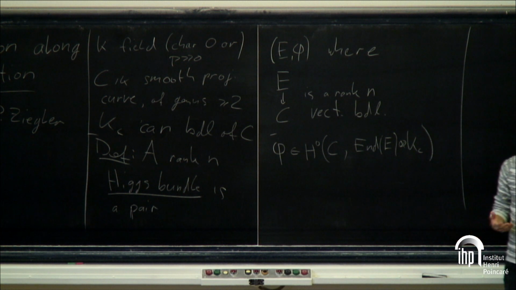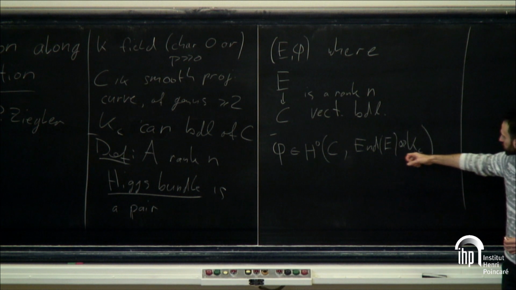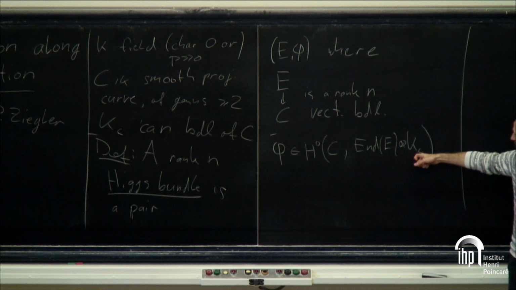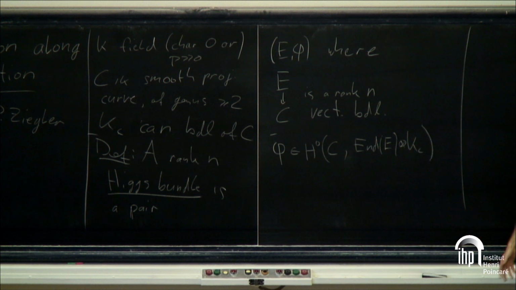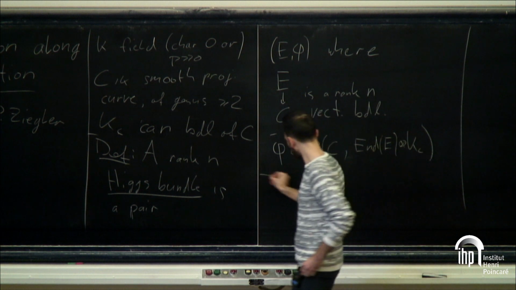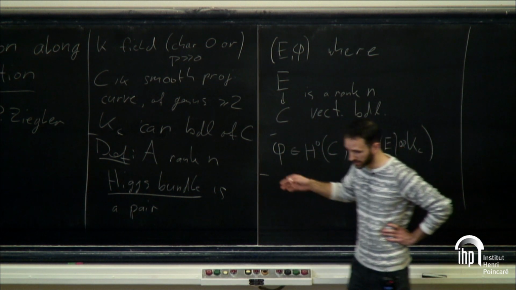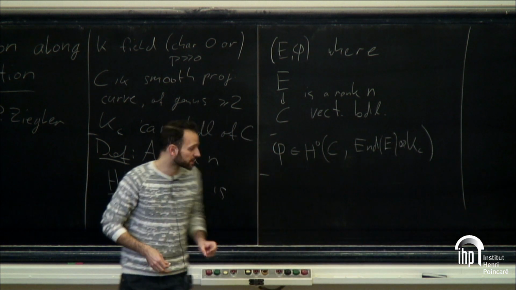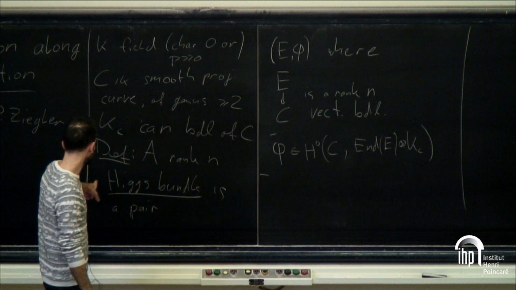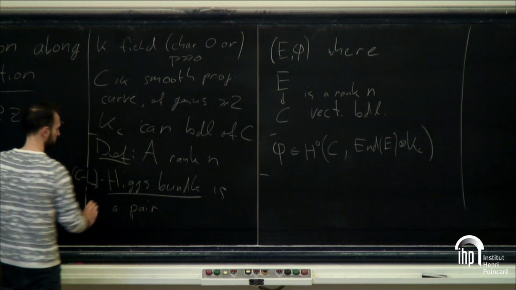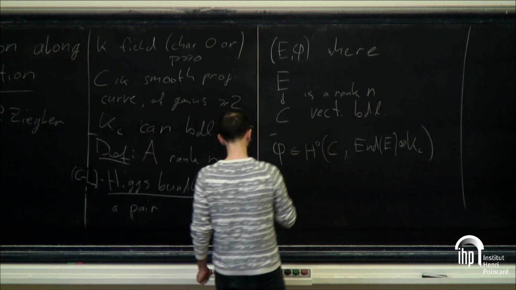And to make the whole thing non-trivial, you should not just look at endomorphisms, because you will have very few. So you should allow some zeros of that endomorphism, so you get an interesting structure there. And indeed, what one usually studies are not one at a time, but all of them together, packed in a moduli space. So in this case, this is what one would call a GL_n Higgs bundle. So in general,